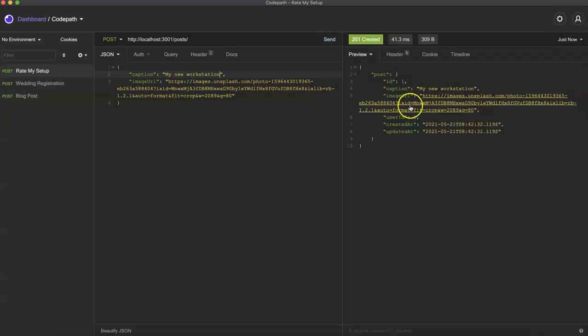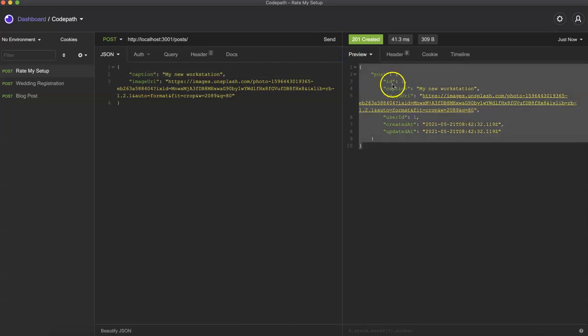Send. Ooh, look, everything worked as we expected to. We have a new post inserted into the database with an ID, a caption, image URL, user ID of the user who posted it, created at, updated at. Fantastic. That looks really good. Let's actually register with another user and do the same thing just to be sure it works like we want it to. Let's say auth register, and we'll say email equals